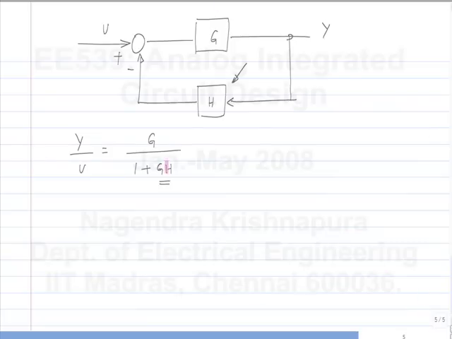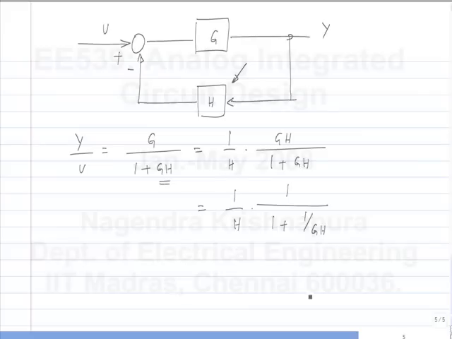So GH should be large. I'll rewrite this. This can be written as, or 1 over H. So if GH, the loop gain, is very large, this term will be negligible and you will get approximately 1 over H. Now in general, you can't always reduce feedback systems to this block diagram very easily when you have circuits. And also the input can be at different places. But what you will see is that